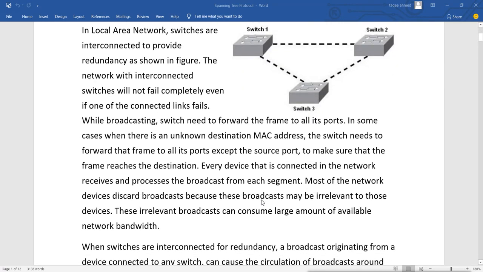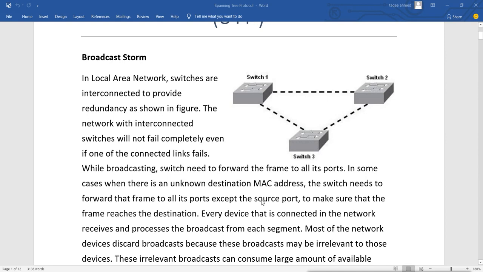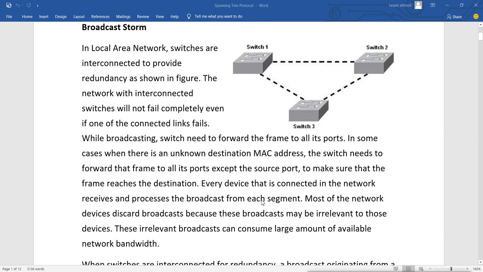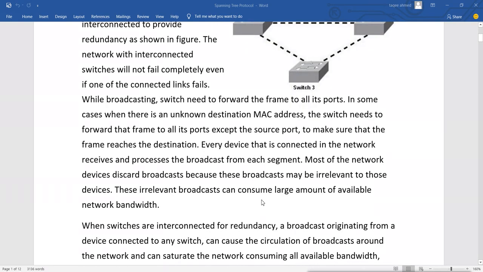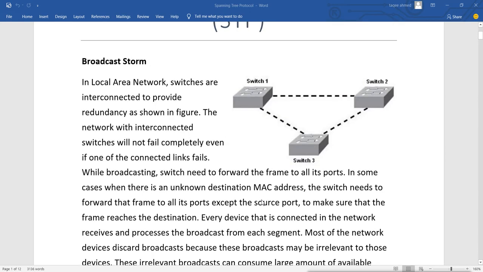Layer 2 switches don't understand the IP address, so what do they do? They do broadcast, because by default the switch is a single broadcast domain. If I connect these three switches together, they will still remain in a single broadcast domain. And if anyone sends a broadcast from anywhere, it will reach every machine and every other switch, and they will do broadcast. Sometimes what happens is, if we have a redundant link in our network, for example,